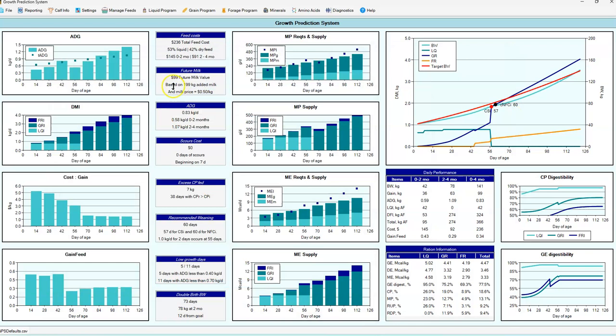So hopefully that will get you started as far as being able to look at what the program can do, some of the outputs, and